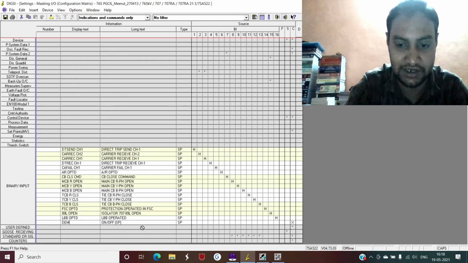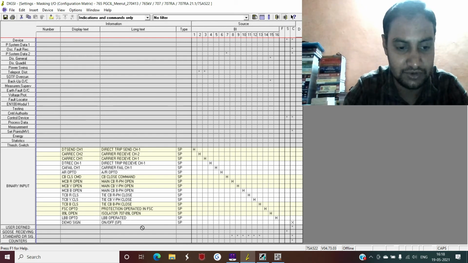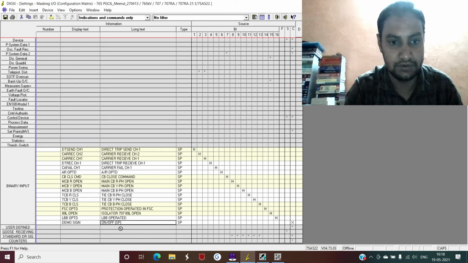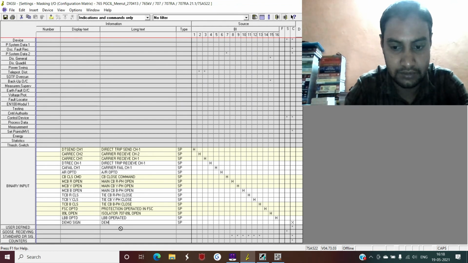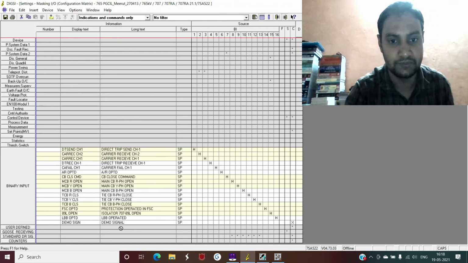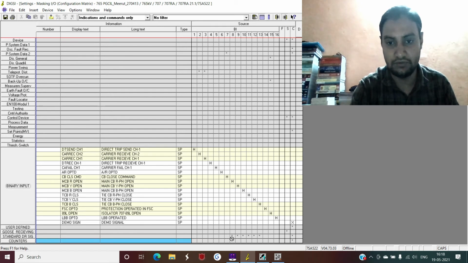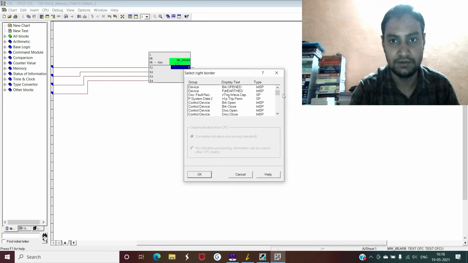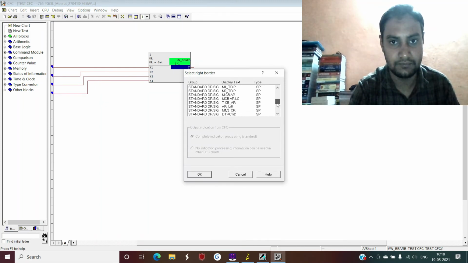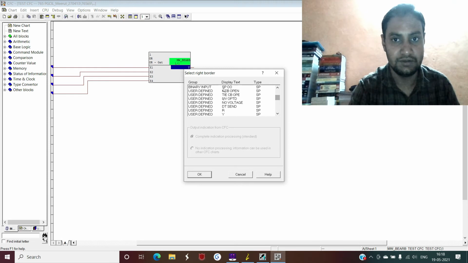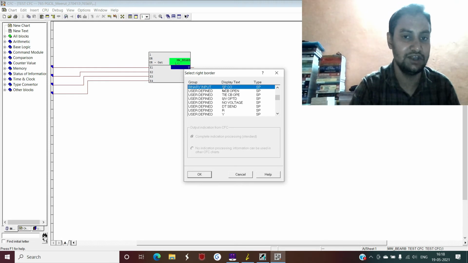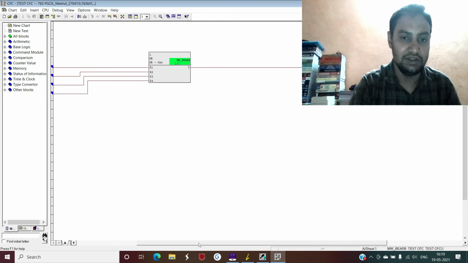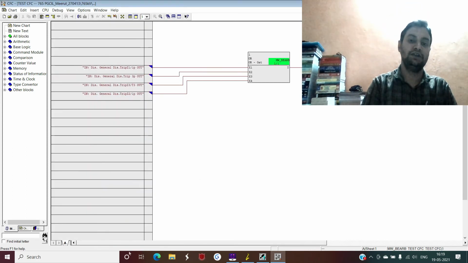So now I just edited demo signal. Yes. So now this is your demo signal. And again, I will go to this CFC, right click, interconnect to address, and select this because I have not saved it, so that's why it is still showing SP00. So select this, and now your general CFC logic is created.